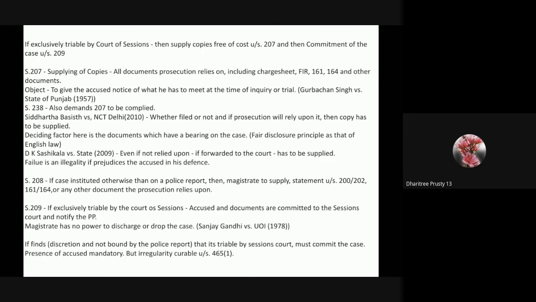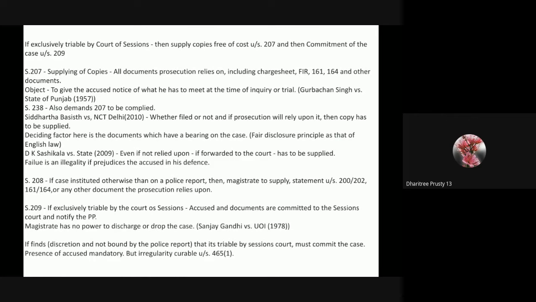is a discretion. We have to know that if the police submit a police report claiming that 307 has been committed, but the magistrate, after perusal of the case record, at the stage of taking cognizance, is of the view that only 325 is being made out, then he is not bound to just forward the case because the police report suggests that the offences are exclusively triable by the Court of Sessions. Okay, so if he finds that it is triable by the Court of Sessions, then he must commit it